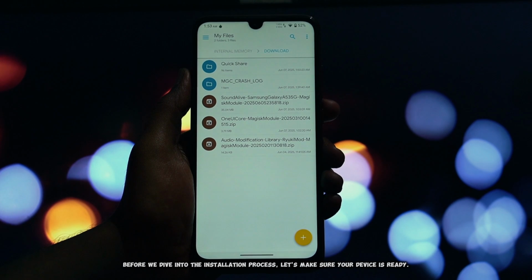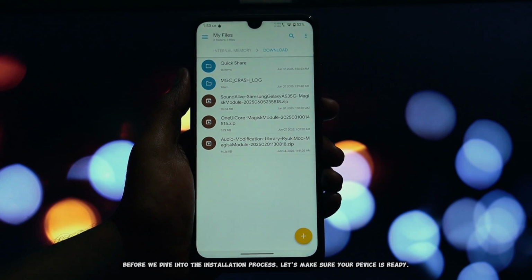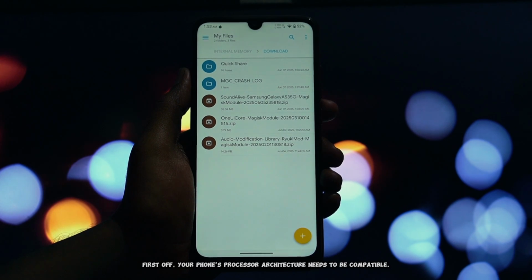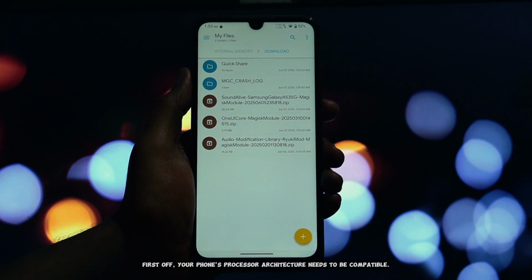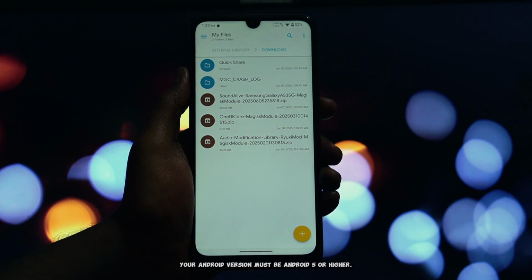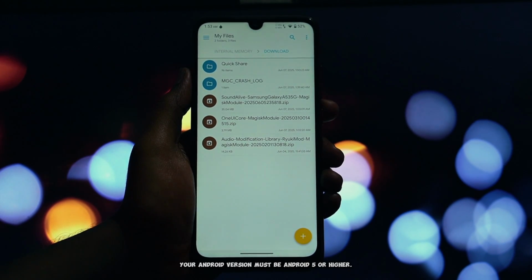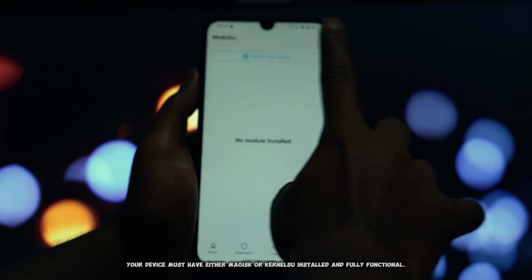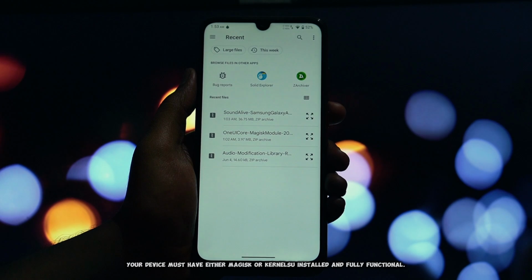Before we dive into the installation process, let's make sure your device is ready. First off, your phone's processor architecture needs to be compatible. We're looking for either ARM 64v8A. Secondly, your Android version must be Android 5 or higher. And finally, and this is absolutely non-negotiable for this module, your device must have either Magisk or Kernel SU installed